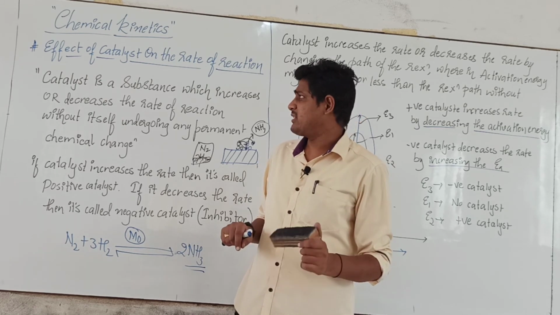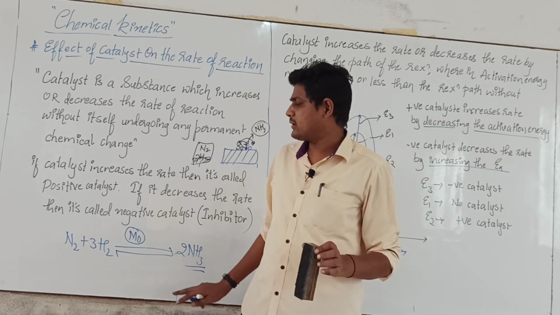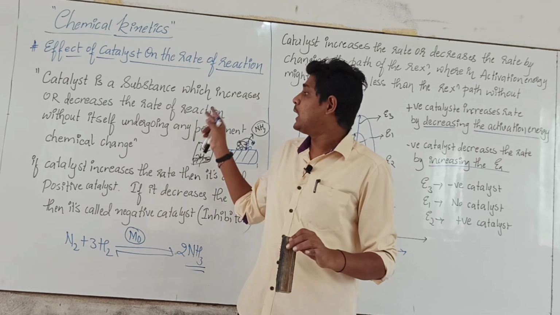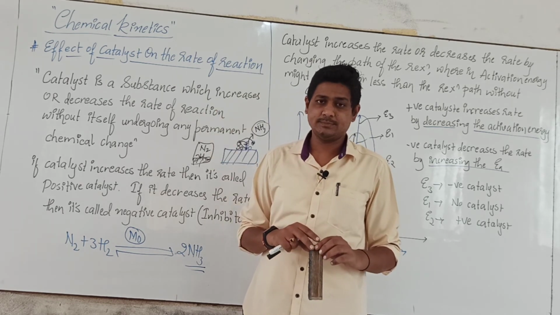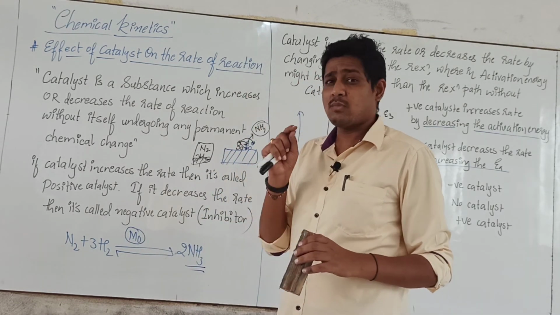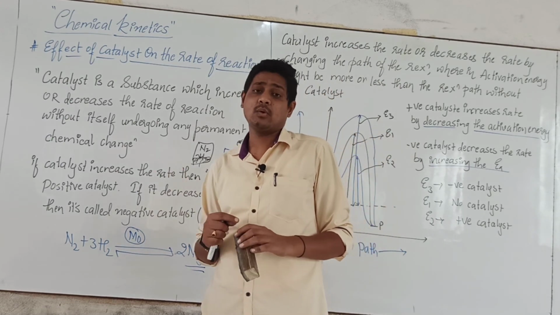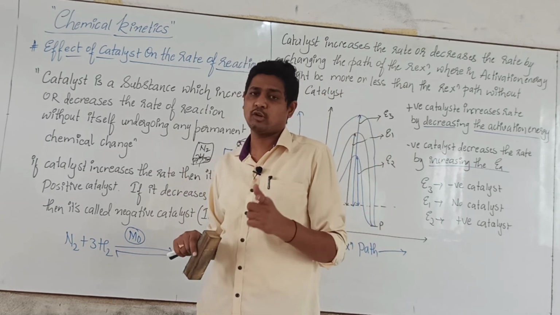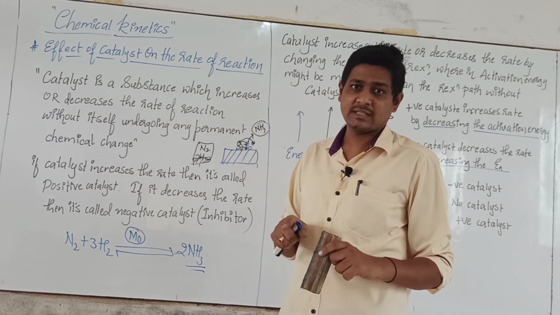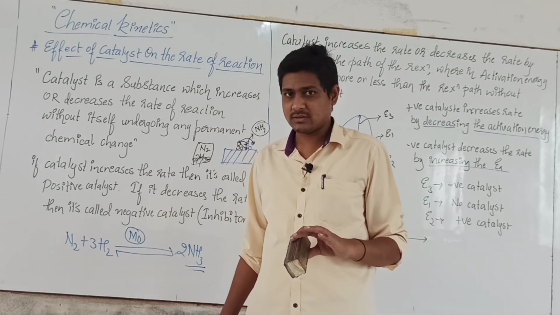For 1 mark questions they will be asking, define catalyst or give an example for a catalyst. Here I have given one example. Now it will be homework for you to get an example for a positive catalyst and a negative catalyst. Get the examples, because a tricky 1 mark question might be coming from any chapter. So those who are interested in getting full marks, please do get those examples for the negative catalyst and positive catalyst. Here I have given one example for the positive catalyst.